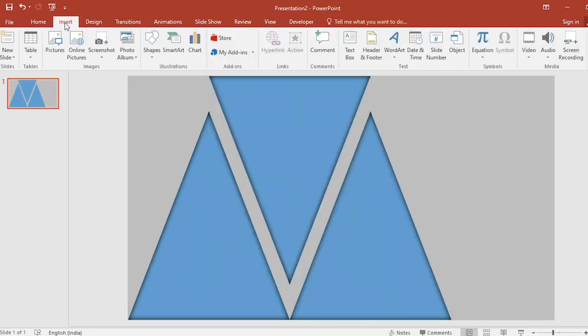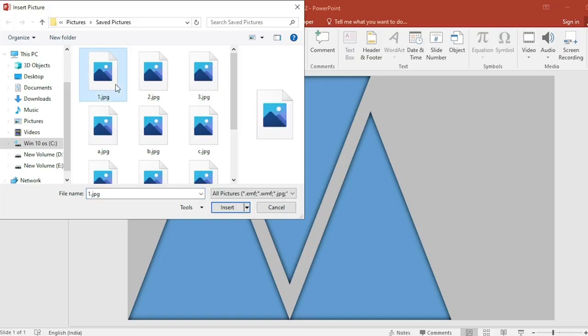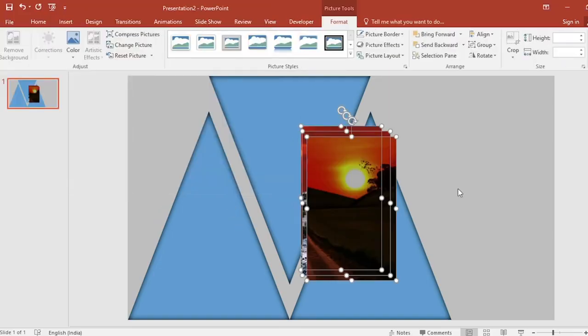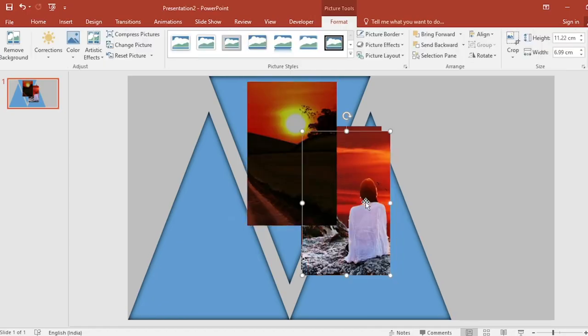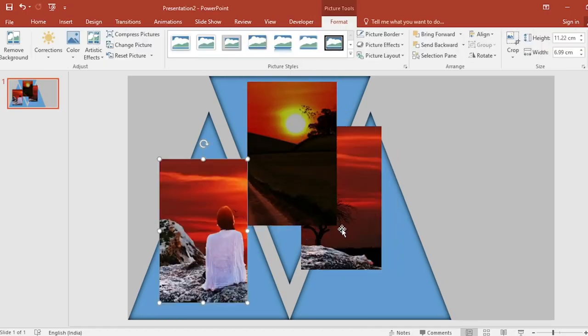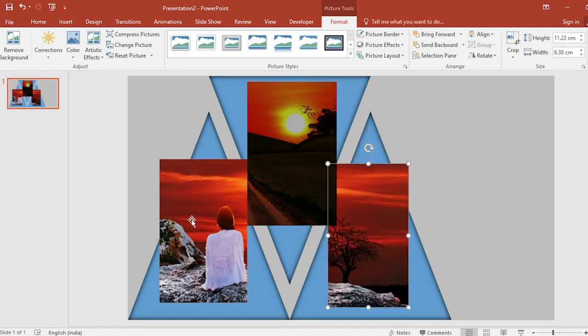Go to insert, click on picture, select 3 pictures from here. I have cropped one picture into 3. To know how to crop this one picture into 3, you can click on the I button and see the video. Select first picture